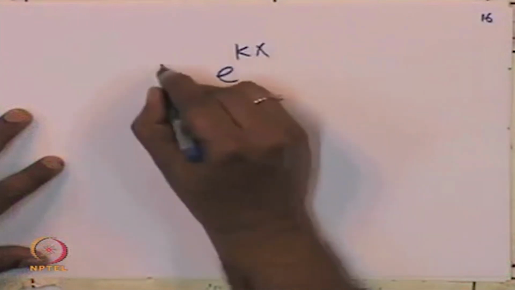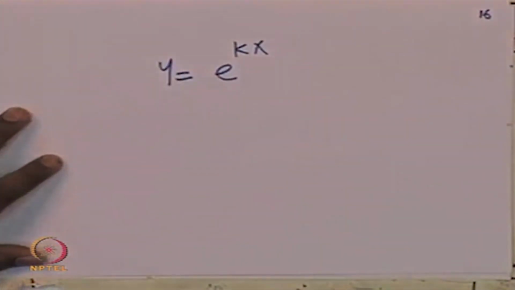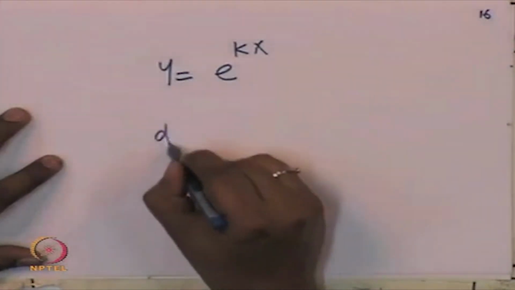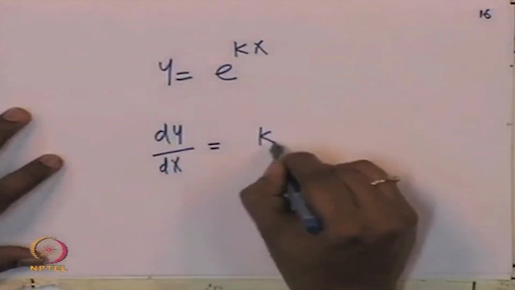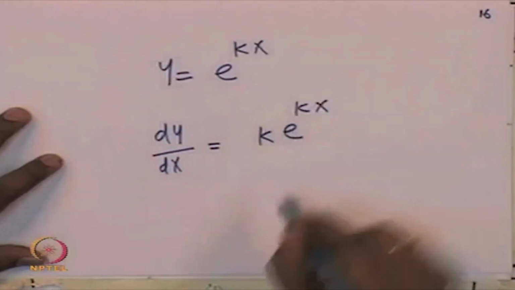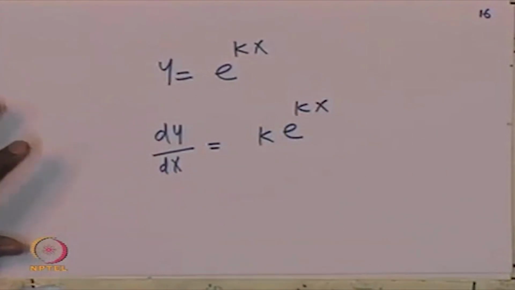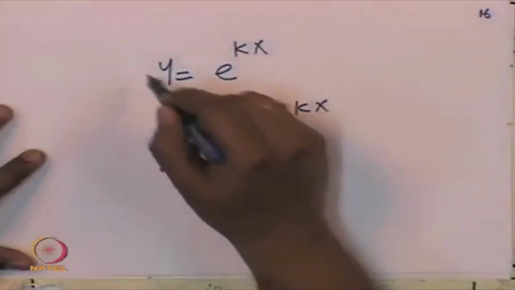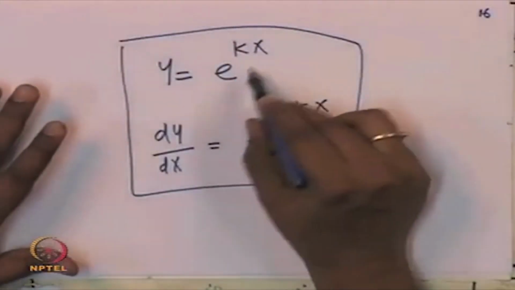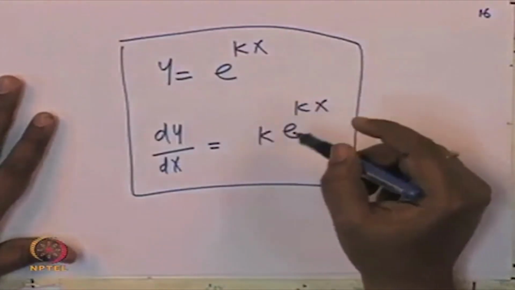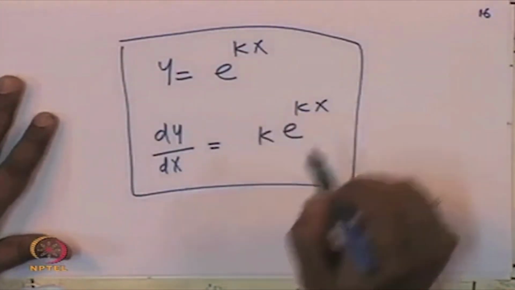So, now one can generalize this and write a little more general thing, the derivative of e power kx. So, if y is e power kx, derivative of y, which is dy by dx, turns out to be k e power kx. So, you will learn this. You should convince yourself that this is true, but this is the derivative of e power kx, where k is any number, and the derivative you get is k e power kx,